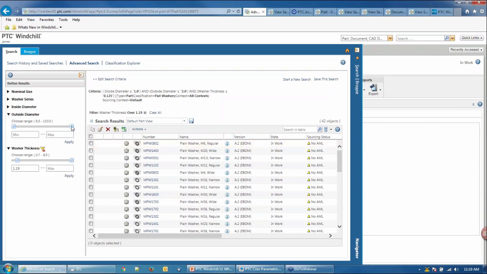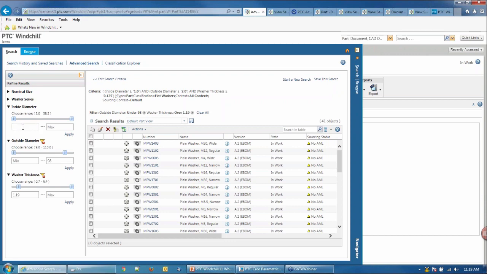If we take a look at the outside diameter, maybe we'll use the slider to apply that filter, and inside diameter, and so on and so forth. So I can type in values, I can use the slider, I can put in both a min and a max, and apply that as filtering criteria. So very quickly I've gone from 51 to 29,